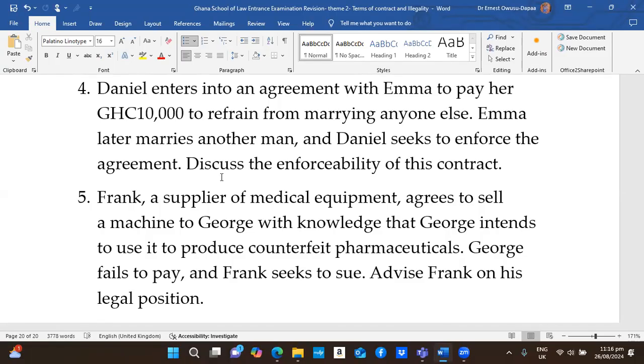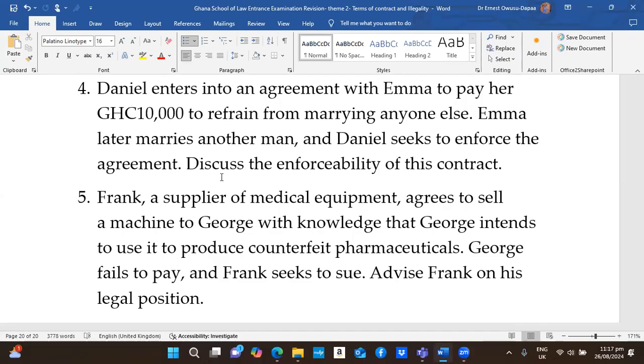Okay, and then issue two, whether or not the money paid by Frank to George is recoverable. Okay, that is fine. So, wouldn't you have said that whether the agreement to sell the machine